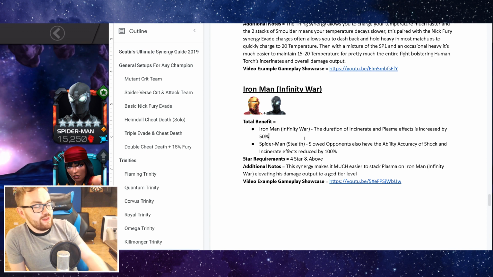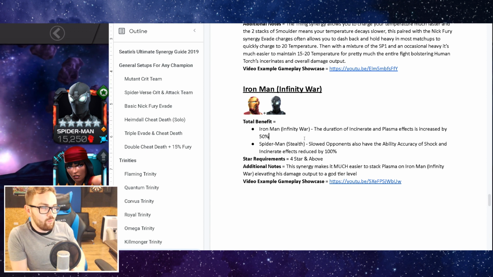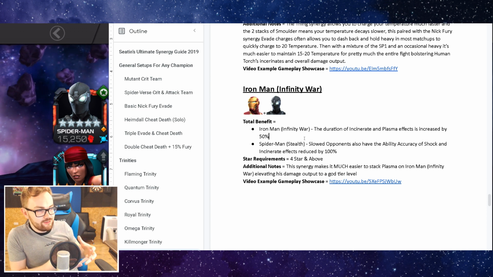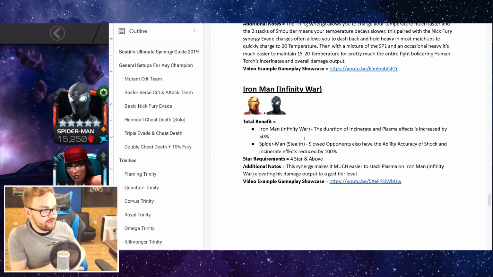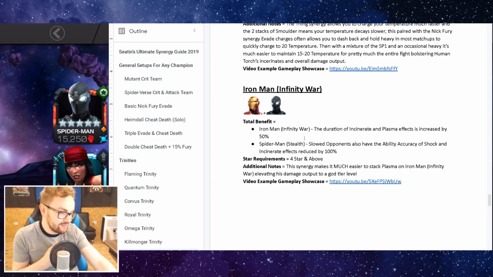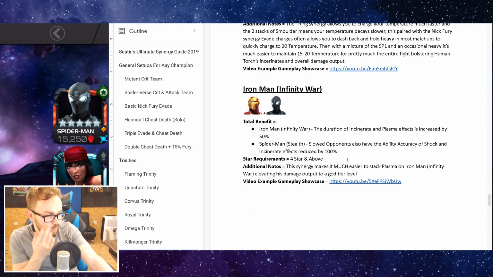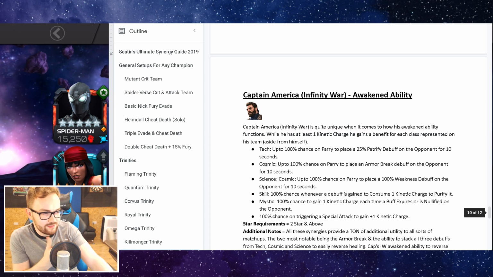The Iron Man Infinity War one with Stealth Suit Spider-Man is very important for Iron Man Infinity War. If you want to get big damage out of him, it just makes him so much easier to play and stack up the plasma. So I've got a video example gameplay showcase of that one, because a lot of these are very quirky synergies, so I wanted to add some video showcases in, linking to some of the videos that we've